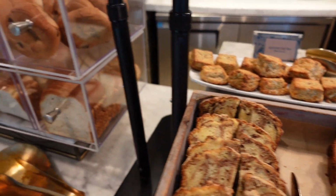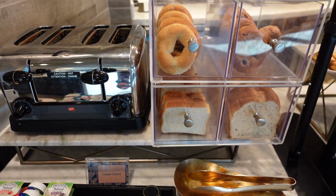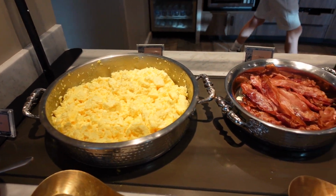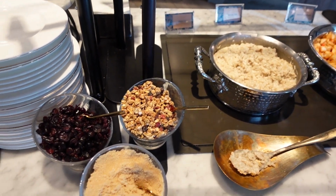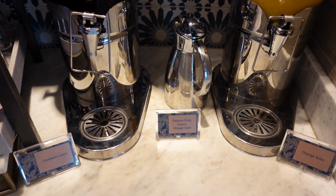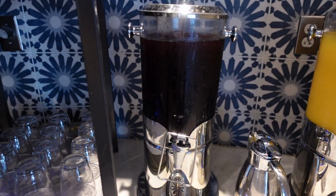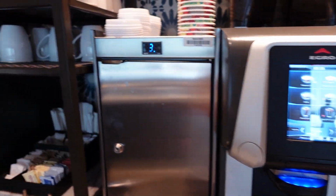And then you also have a selection of bagels and toast with a toaster, with your accompaniments to go with that. On the hot food side, you've got your ketchup to go with any eggs if you like it that way, such as myself. Then some bacon and oatmeal with your toppings, and Spanish potatoes. This morning they also have out the orange juice as well as your POG juice, your passion fruit, guava, and orange juice, cranberry juice, and then they have available all day your Ergo coffee